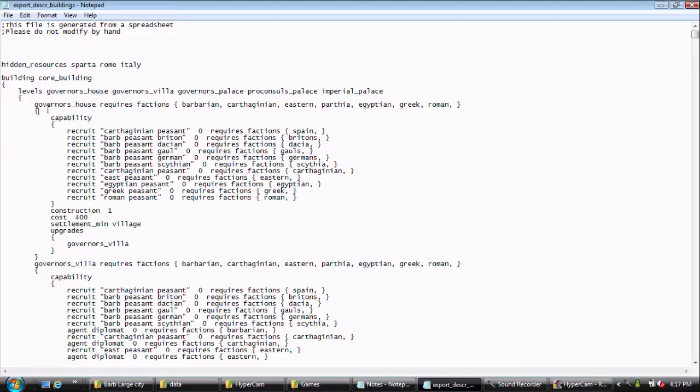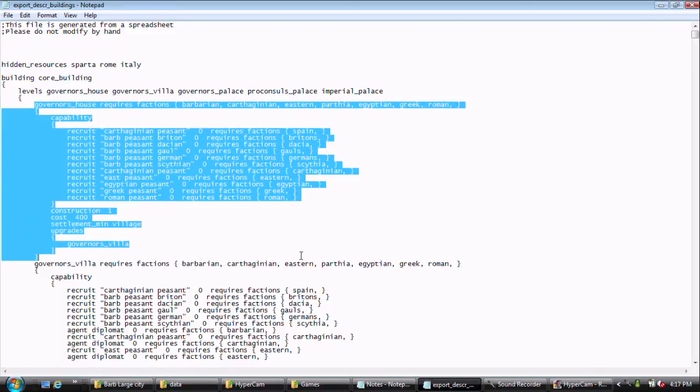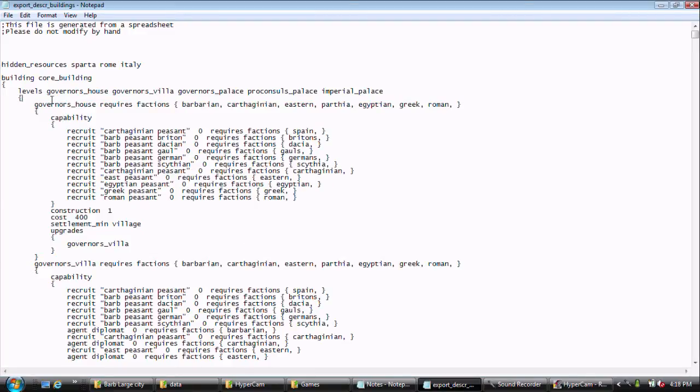And then it starts with the individual buildings here. This is one building. It has the name, and then it has the required factions, which is everyone, because everybody can build a governor's house. And then it has the capability, which is the recruitment here. If we go down into the temple area real quick,